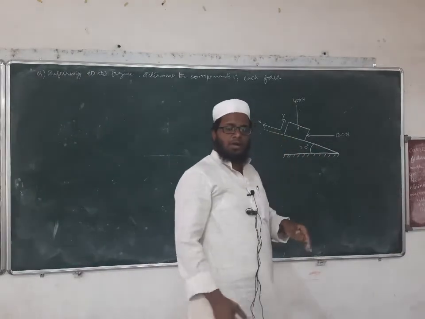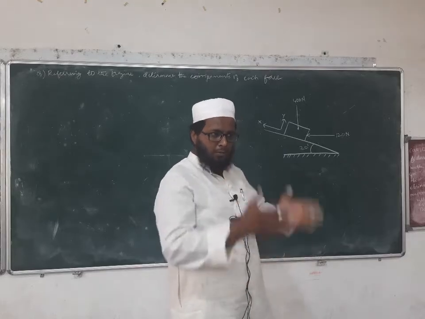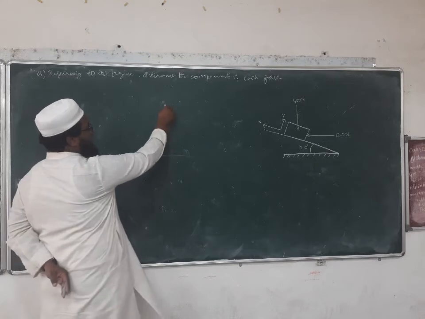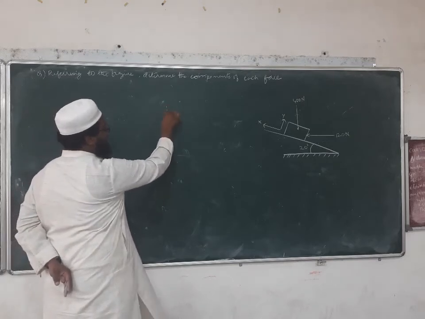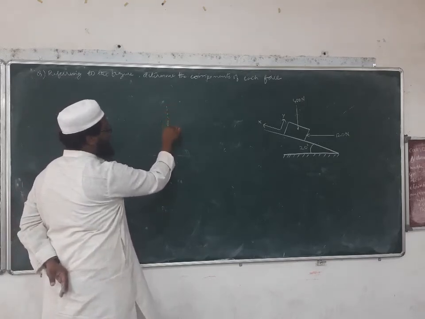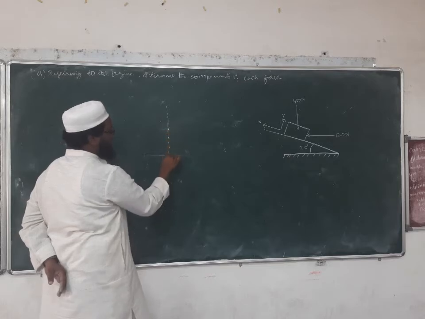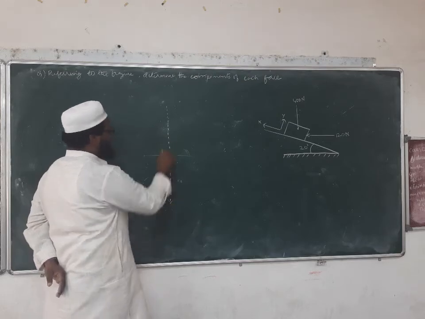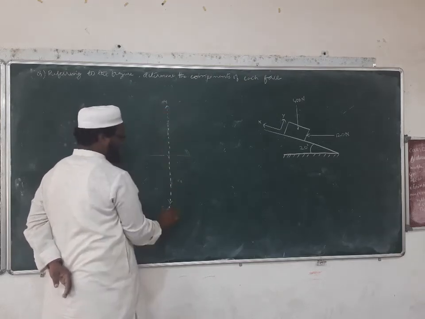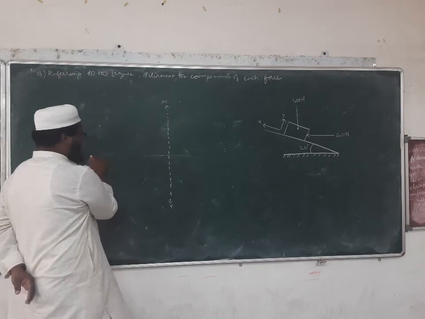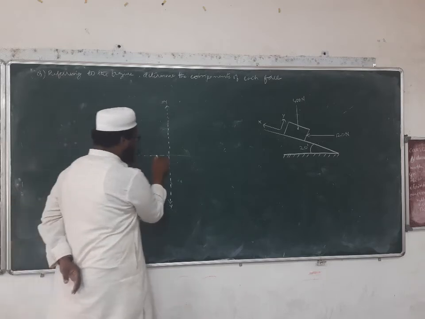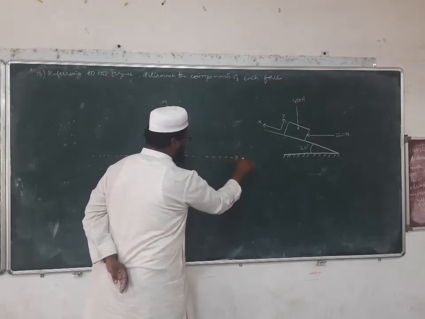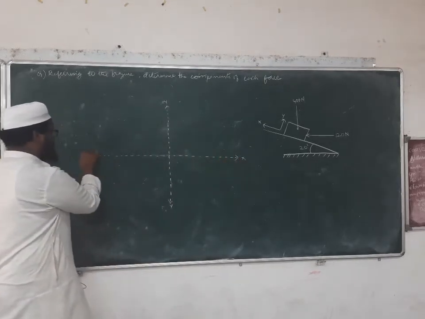So what I will do in this problem also, I will try to draw my regular x and y axis in a dotted form, so that we can remove it after drawing our x and y axis depending upon the problem. So this is our y axis, the dotted one. Then another one, this is our x axis, the general x axis.